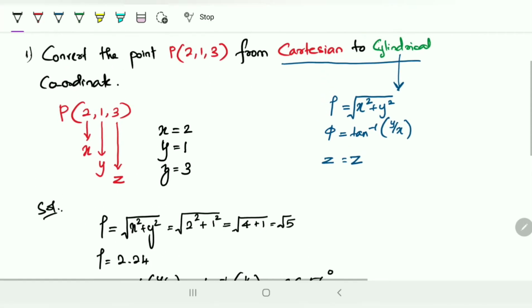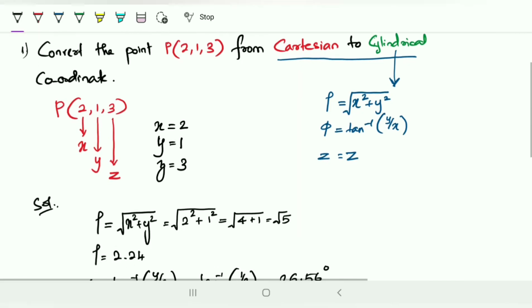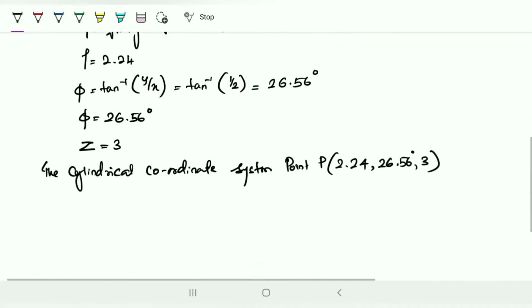So it is clearly understood. First you have to identify the points. You should write the values of each point representing the coordinates in the Cartesian system, and then later on you have to write the formula for the cylindrical system which is asked of you. So knowing the formula clearly, you can substitute the values and you end up with an easy answer.